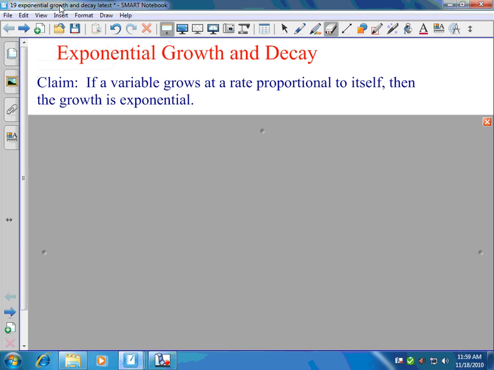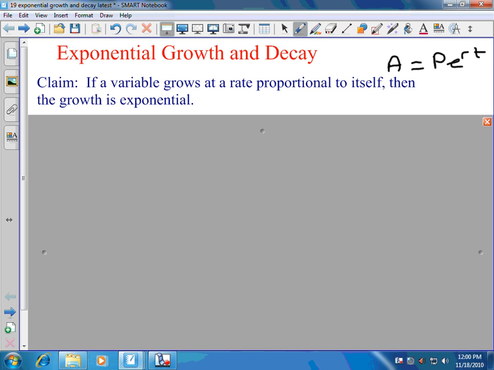Right, today's topic is exponential growth and decay. This is a topic you may have seen in college algebra or pre-calculus, but here we're going to try to go a little bit deeper, especially in the beginning portion, where we explain where the exponential growth formula comes from. So typically in college algebra, you have seen this formula, A equals P times e to the